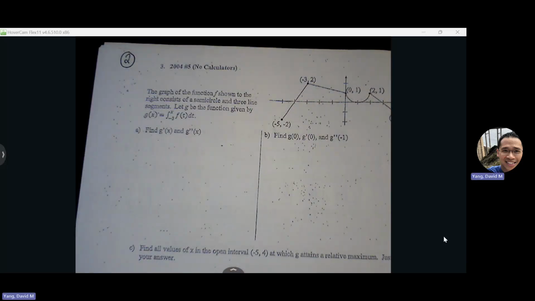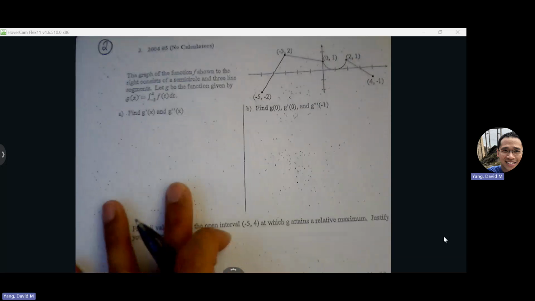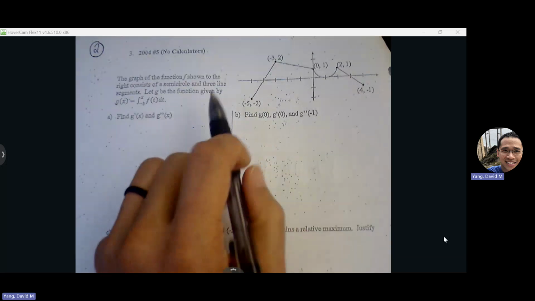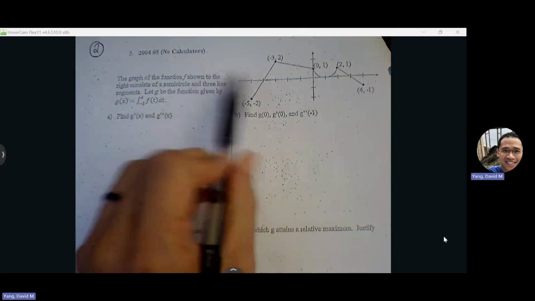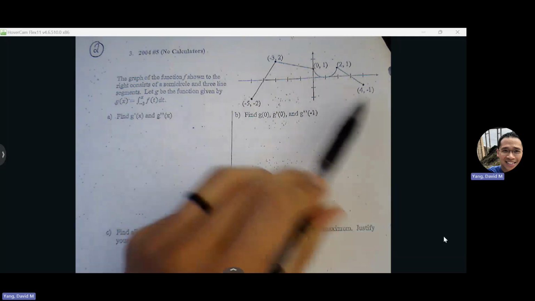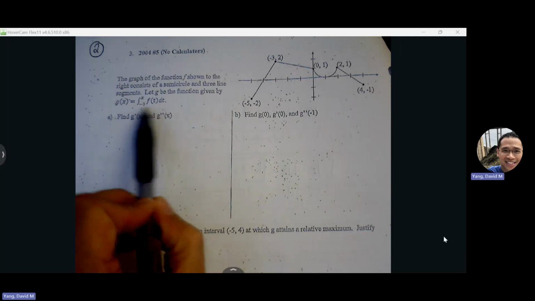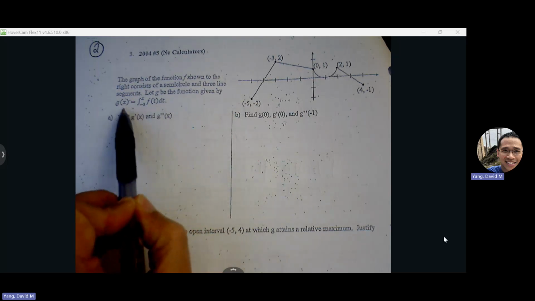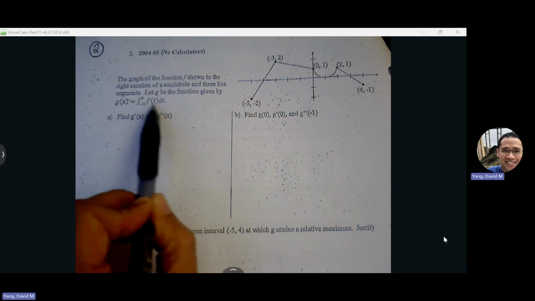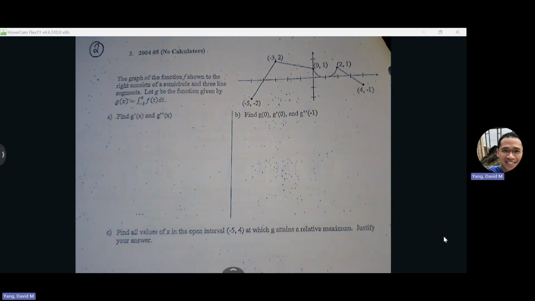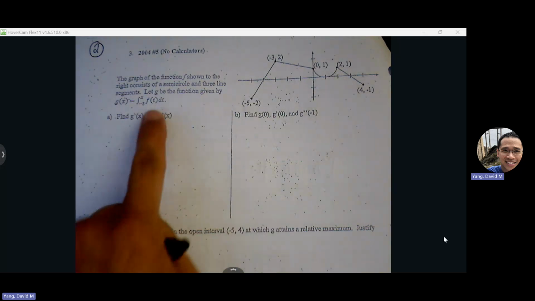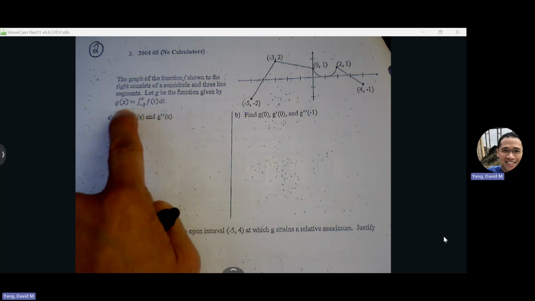So we saw particle motion. We saw a table of values, Riemann sums. And now the last type is where you're given basically a derivative function, and you're asked information about this derivative function. The reason that this is a derivative function is because of this notation here. It tells us that g of x is the integral of f of t, and that tells us that g and f are not at the same level. I have to take the integral of f of t to make it rise up to g of x level,